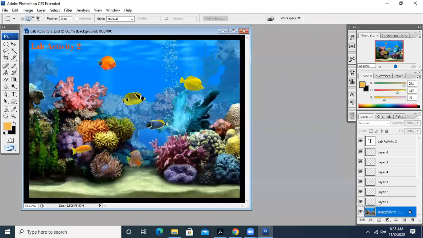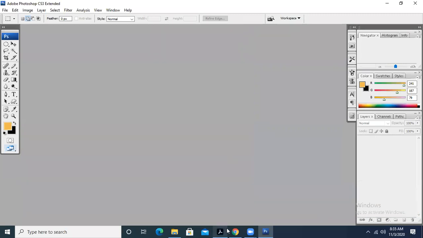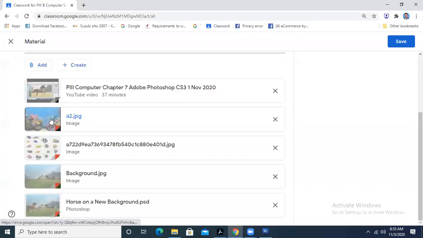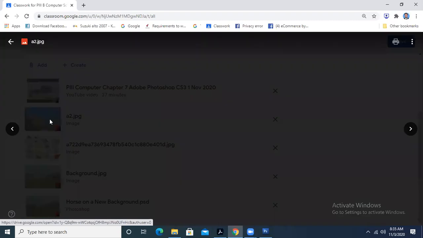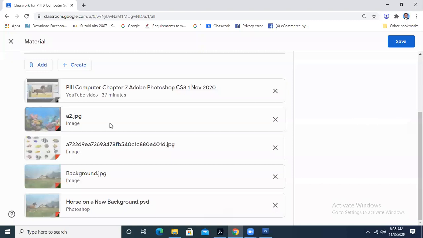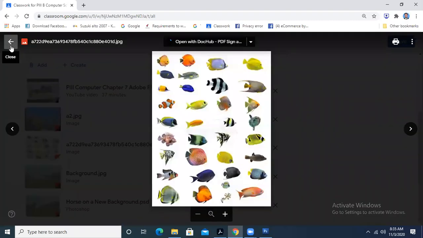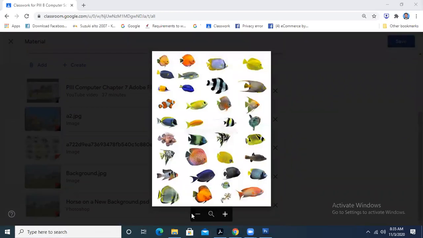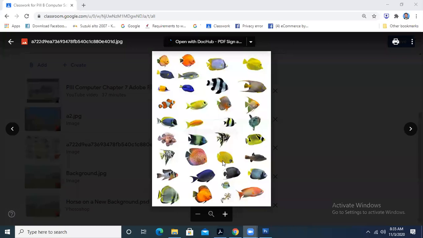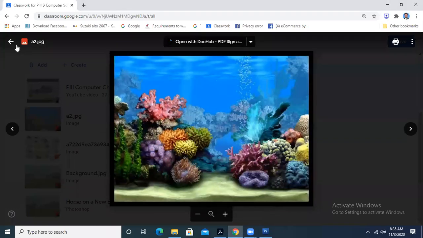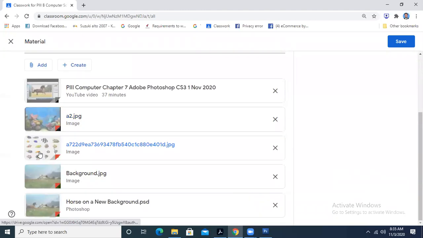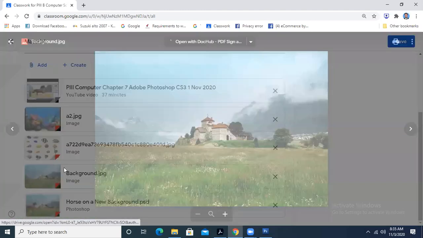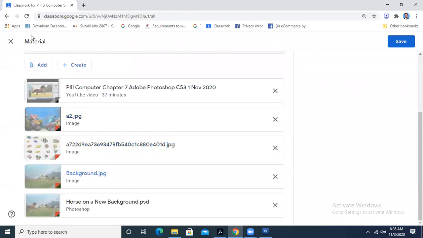This was the task that we completed, and I had given you this material, not only the image of the aquarium in your Google Classroom, but also the image of the fishes. Why had I given you these things? So that you can practice. I also gave you the image of the background and the horse so that you can practice it.